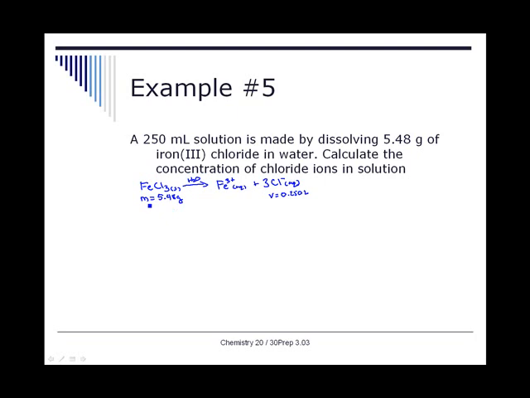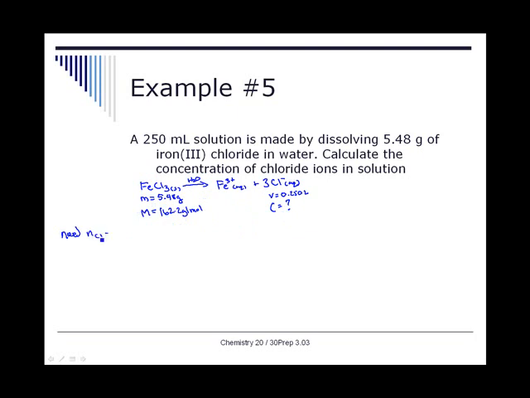grams. And since I have mass, I'm probably going to need the molar mass, so I'm going to calculate that as well. So the molar mass of iron chloride is 162.2 grams per mole. And what I'm looking for is a concentration of chloride ions, so I'm going to write that C underneath my chloride ions. And so now I'm going to use a plan, and in order to find concentration, I need